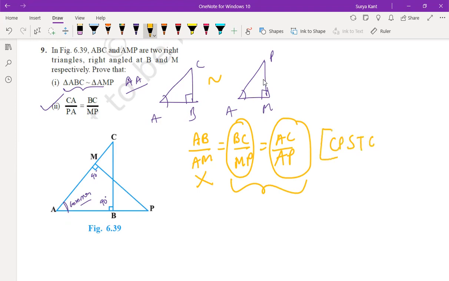CPSTC. Corresponding parts of similar triangles are congruent. Why C here writing? What we should tell here, children? CPST only you write, okay? Don't write here CPSTC. Only you write here CPST. Corresponding parts of similar triangles. Is it clear, Praharshan? You should not draw anything, parallel lines or something like that. If two triangles are similar, you can write in this way, okay? Their sides are also proportional. Next question.